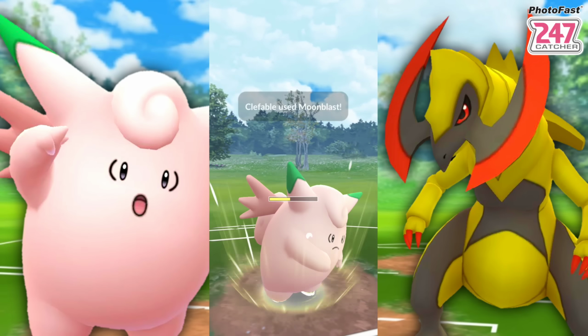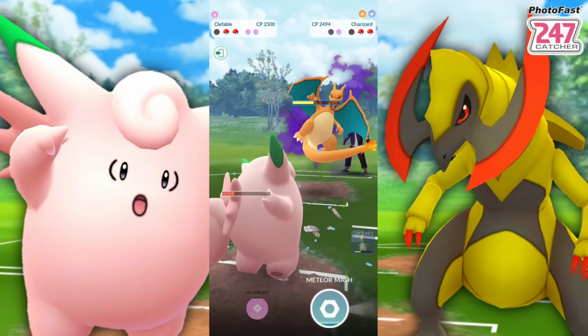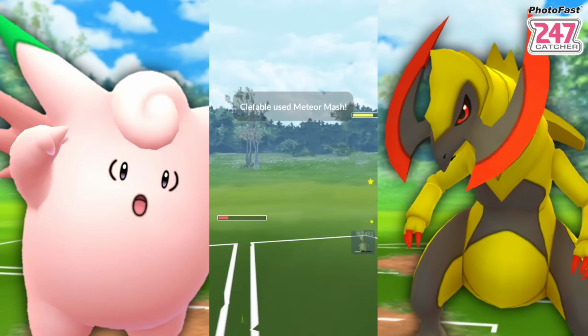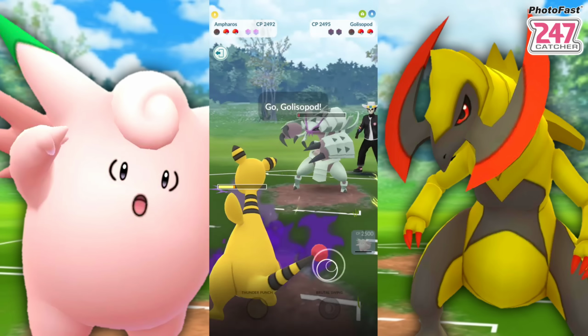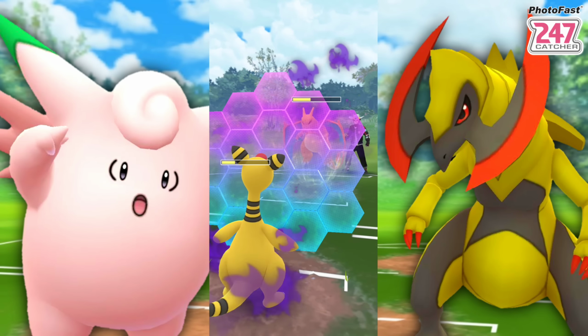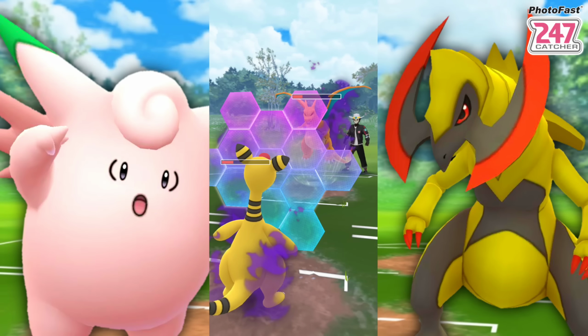Now, everything that we have on this thing is not very effective, so that's not too good. But Moonblast, look at the damage. Doing a ton, and we still have Ampharos in the back, so there still is hope for us to potentially win this. Going for a Meteor Mash to get their shield, and can we get to one more, folks? Let's go. And they swap. We swap to bringing in the Ampharos to take out the, I was going to call it Arachnoid, Glissopod, and